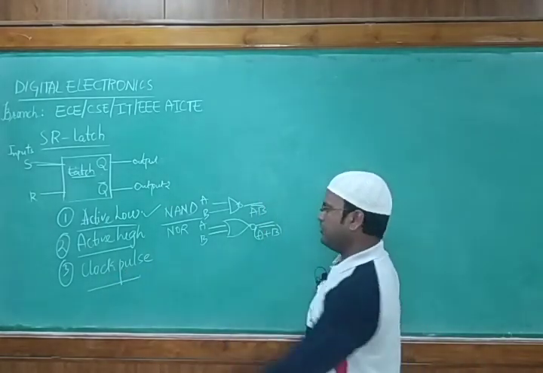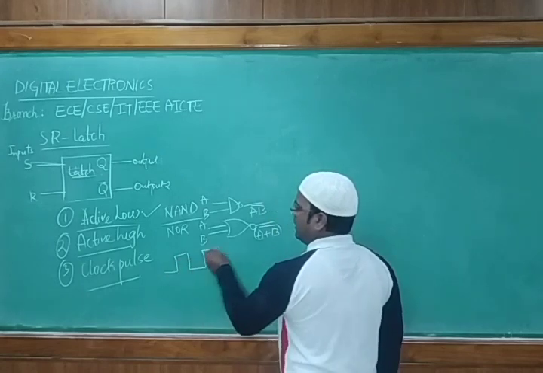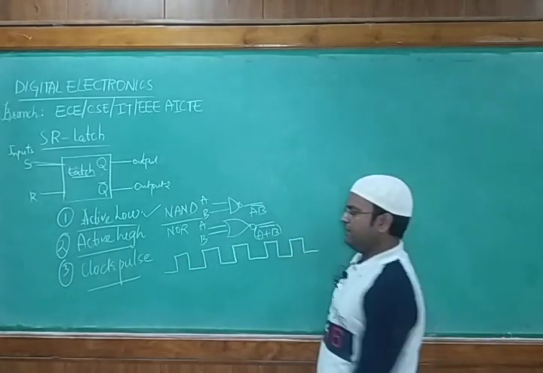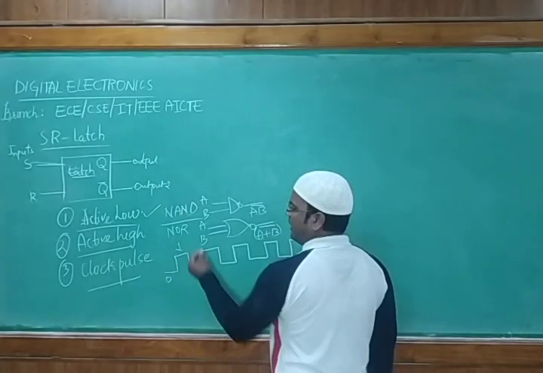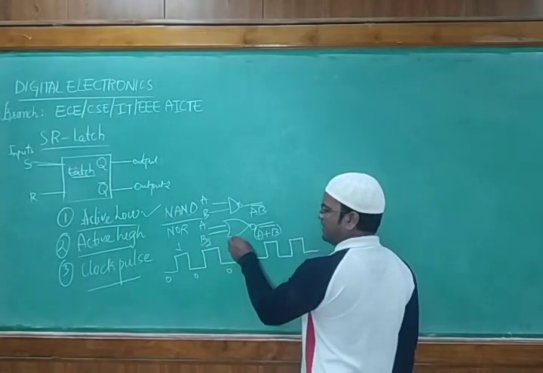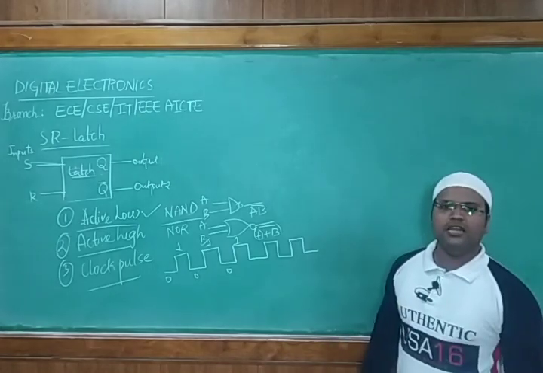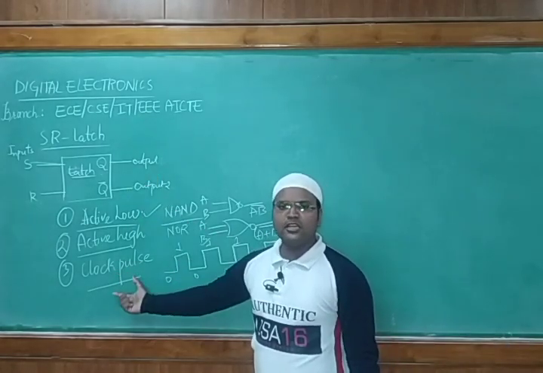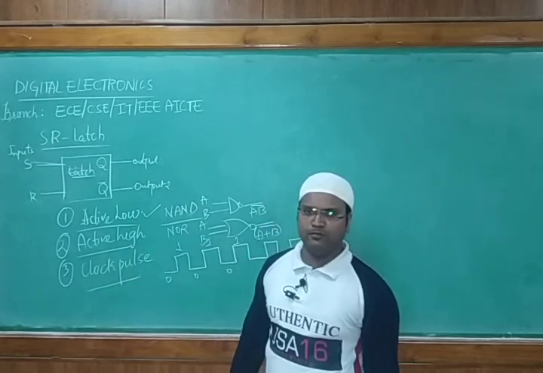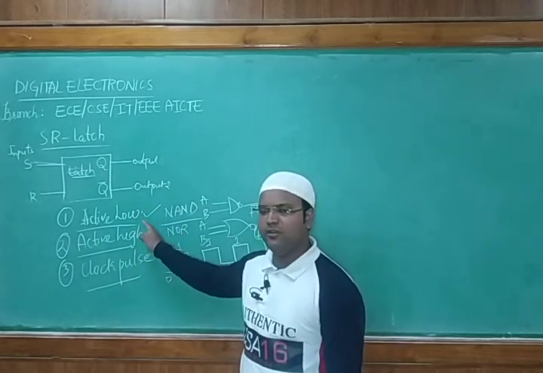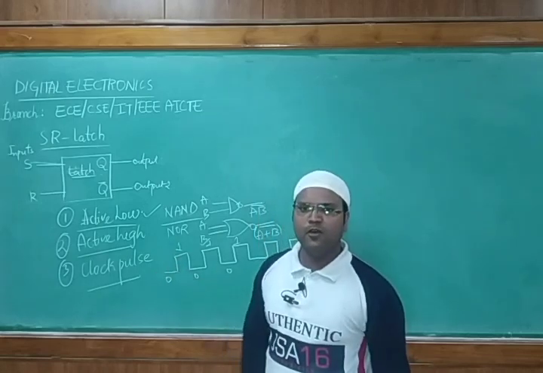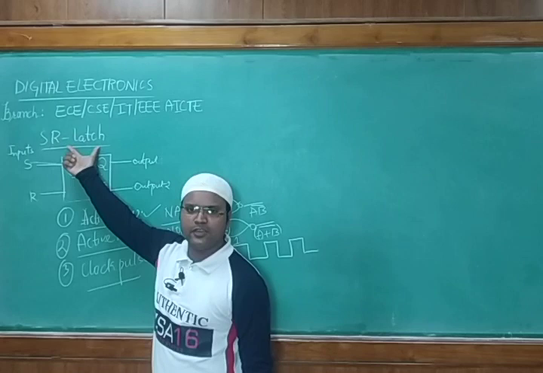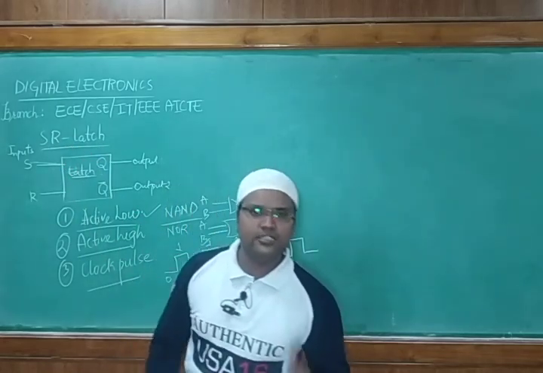In the clock pulse, we are going to give a series of bits in which we have active low bit 0 and active high bit 1. So 0 1 0 1, like that we are going to give the clock pulse to the latches. That latch, how do we convert into the flip-flop? By giving the clock pulse we are going to convert it into the flip-flop. So by using these three approaches, active low, active high and the clock pulse, we are going to design the SR latch. So this is the first thing we have, students, that is nothing but the sequential circuit.